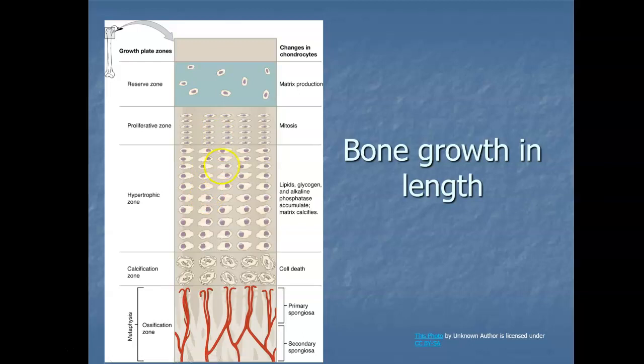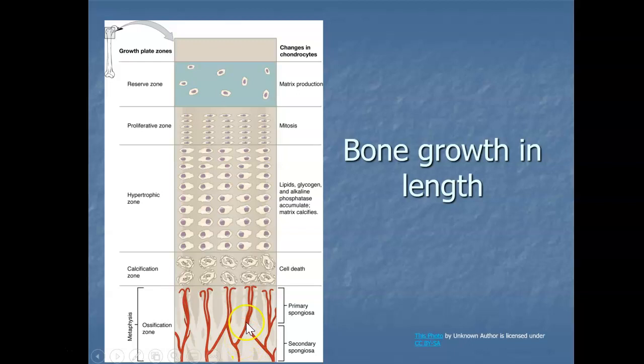So most of the chondrocytes in the calcification zone, which is the zone closest to the diaphysis or the shaft, are dead because the matrix around them is going to start to calcify. It's going to harden. So capillaries and osteoblasts from the diaphysis here are going to penetrate into this zone, and then those osteoblasts are going to start secreting bone matrix, where again those salts will accumulate along that matrix and start to form hardened bone. And so bone growth in length occurs when this osseous or bone tissue is going to be added to